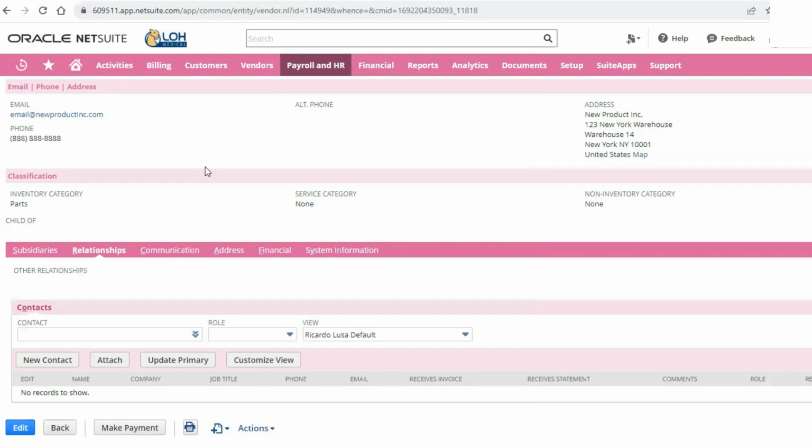Contacts will be used by all departments. They're touched by finance, supply chain, operations, sales. So it's super important that we all work together to maintain those contact lists and make sure they're as up to date as possible.